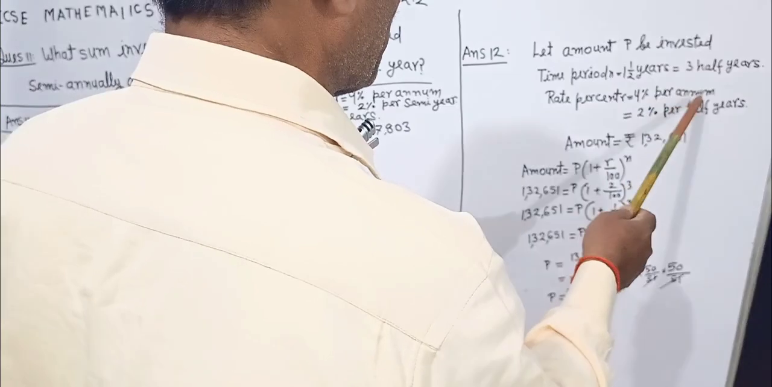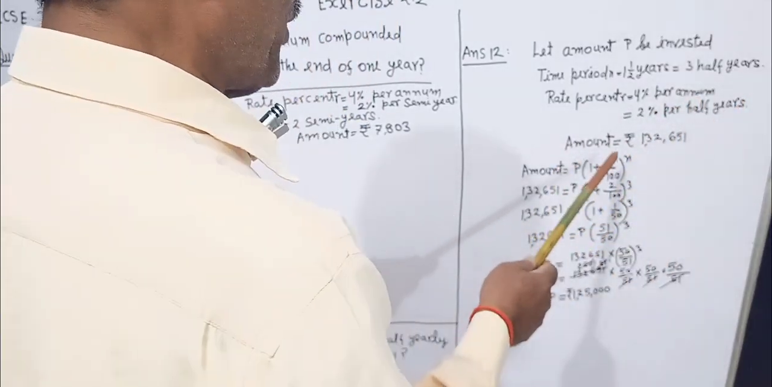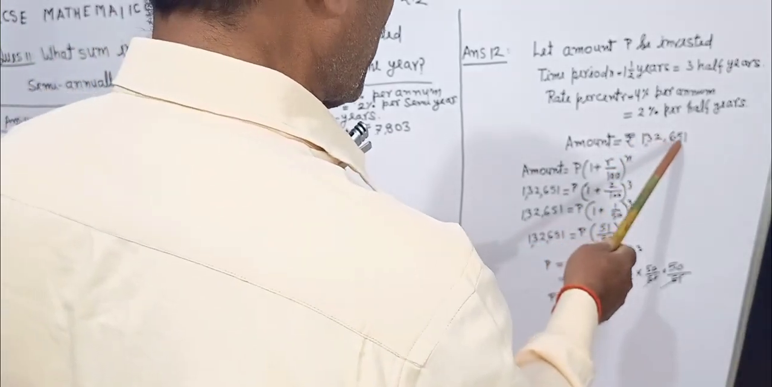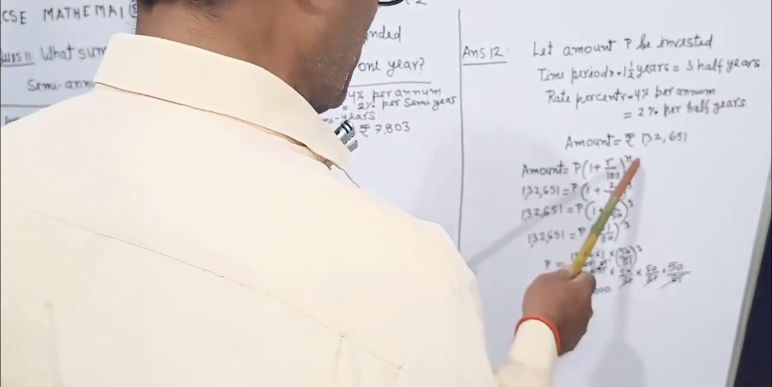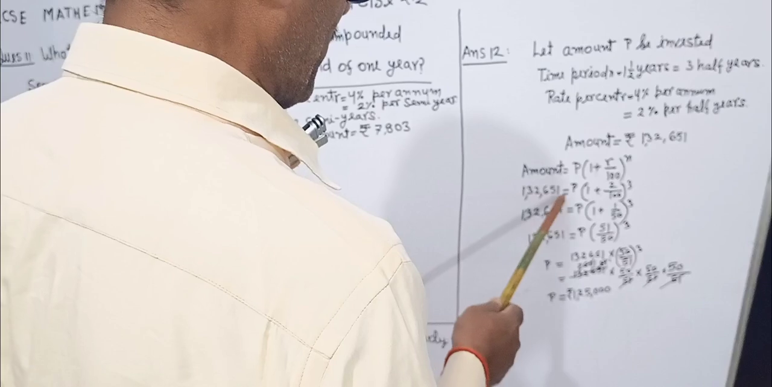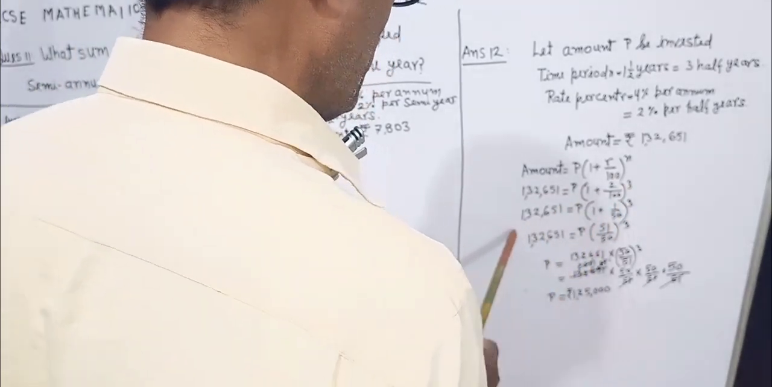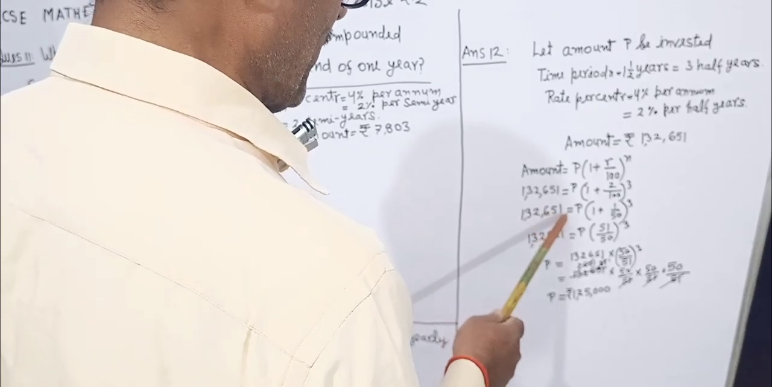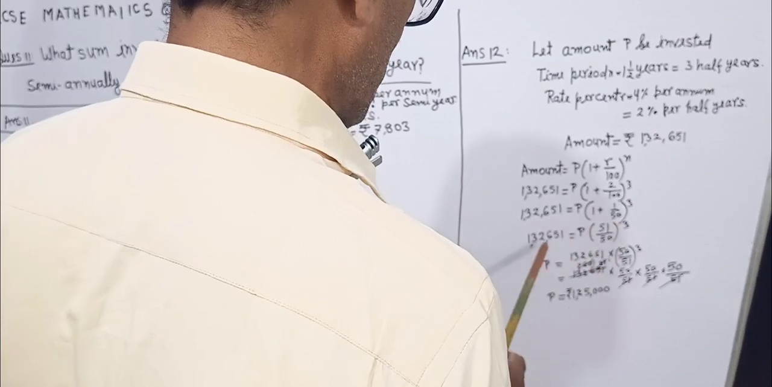R percent 4% per annum is equal to 2% per half year, amount is equal to rupees 1,32,651. Amount equal to P into (1 plus R by 100) to the power n. 1,32,651 equal to P into (1 plus 2 by 100) to the power 3, 1,32,651 equal to P into (1 plus 1 by 50) to the power 3,